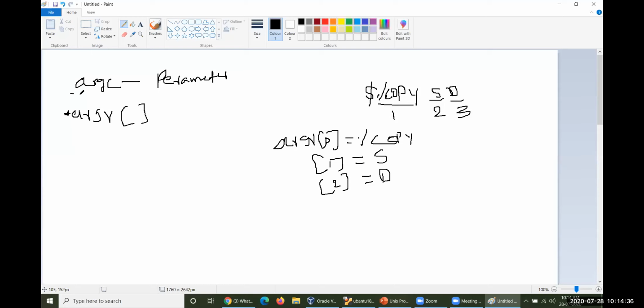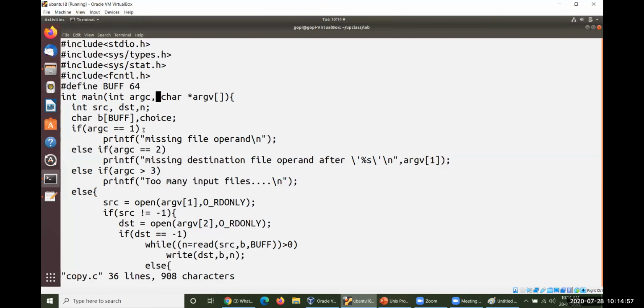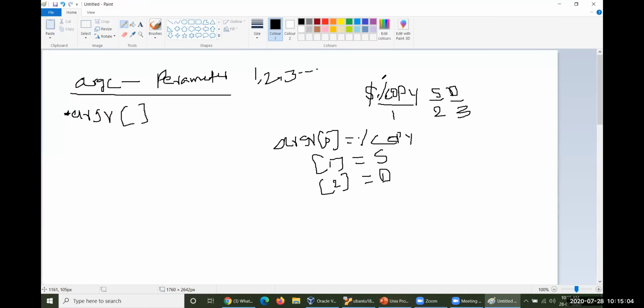The argument counter counts the values from 1, 2, 3, and so on, something like this. Argument vector will always be an array. Since it is an array, the indexing of this particular argument vector must start with 0. So these are the 2 points we need to remember here. Based on these 2 points, the number of arguments will be exactly equal to 1. So equal to 1 in the sense you can operate only at this particular point.